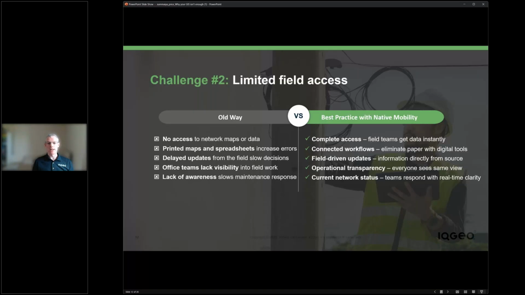It means being able to provide connected workflows that allow you to eliminate the paper or electronic paper within the workflows, and driving those updates from the field, where the people actually understand exactly the situation on the ground and are able to capture that and share it back to the teams in the office, rather than the teams in the office having to infer or guess that. They can capture that directly from the source, which gives everyone that operational transparency.